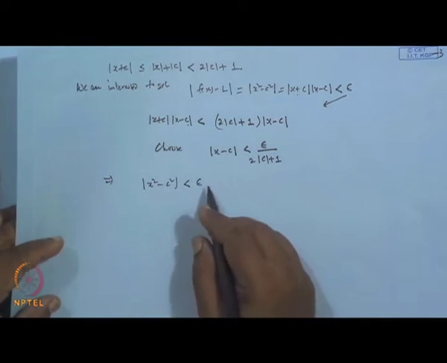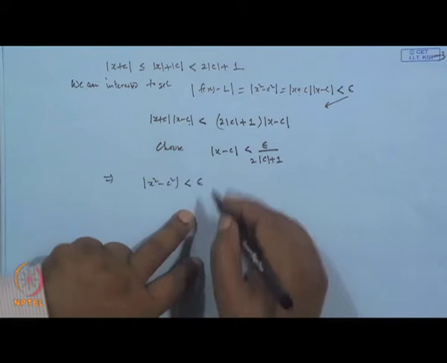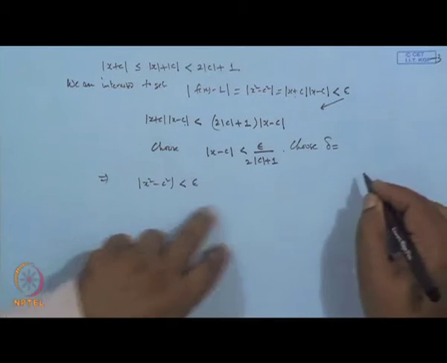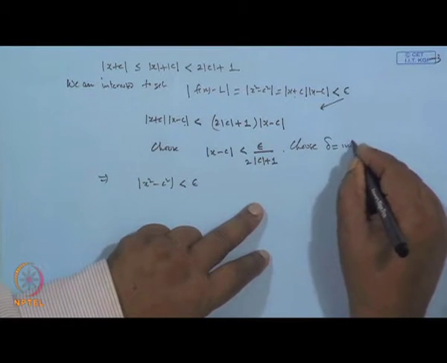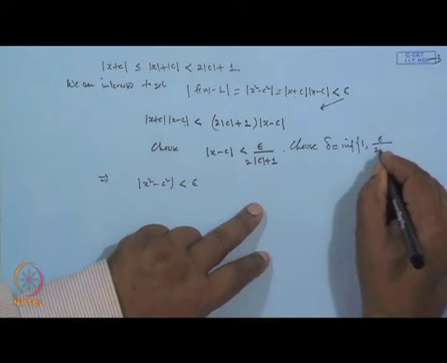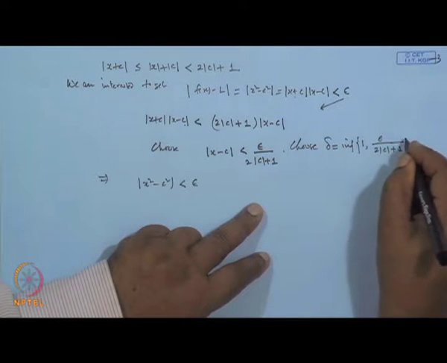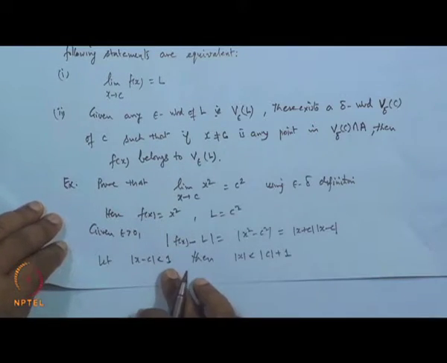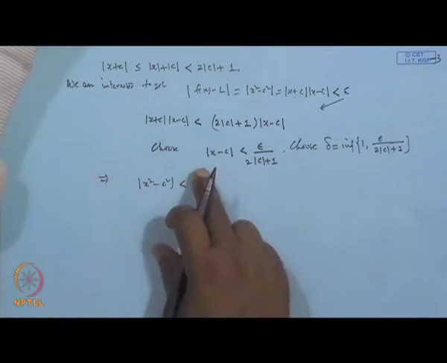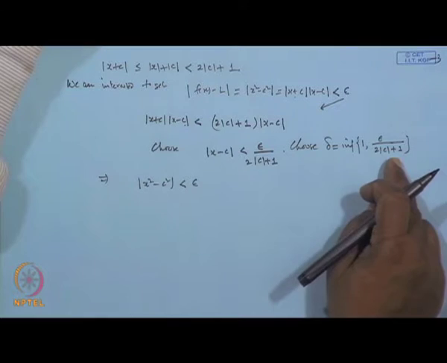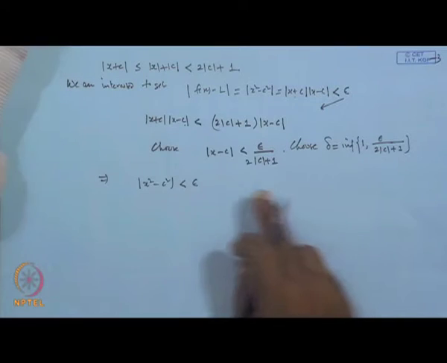If we pick up from here, then choose delta to be the minimum of 1 and epsilon over 2(|c| plus 1), because you are getting two bounds for delta. One is |x minus c| less than delta, where delta is 1. Here also you are saying |x minus c| is less than this. So, if I choose the delta which is the minimum of these two, then for this particular delta, this result will also hold.